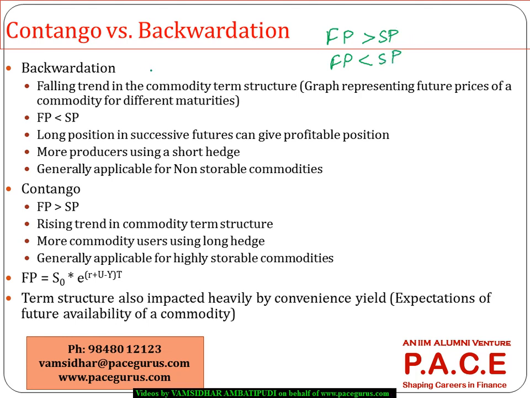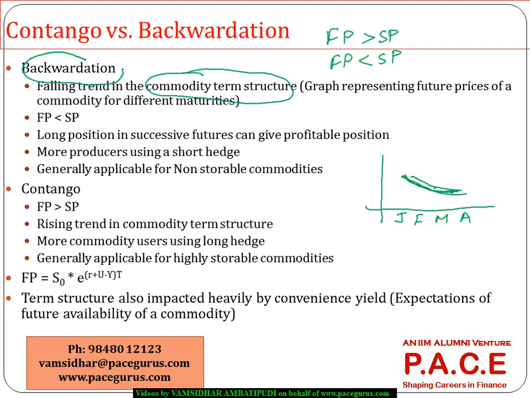So generally for that we talk about something called a commodity term structure, which is nothing but, okay, today let's say this is December. Jan futures, February futures, March futures, April futures. I'll find out what the prices are for each of these futures. If I see that the futures prices for these four maturing contracts follow some kind of a downward sloping graph, I say that this particular commodity market is in a backwardation market.